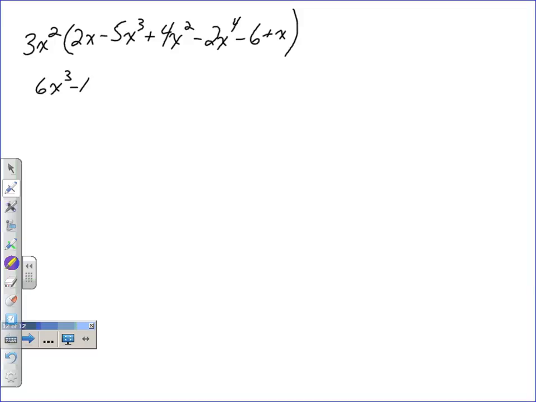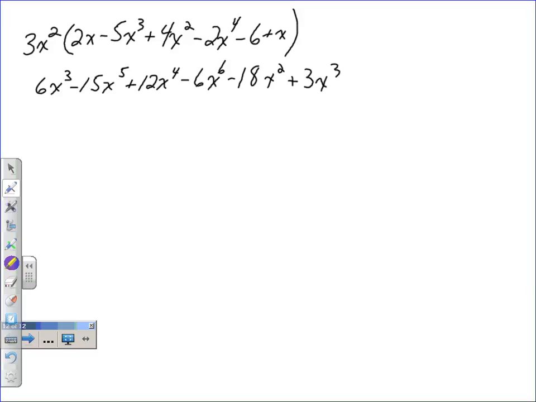And then I have minus 15x to the fifth, because we add the exponents. And then 3x squared times 4x squared will give me 12x to the fourth, adding the exponents. And then I have negative 6x to the sixth, negative 18x squared, plus